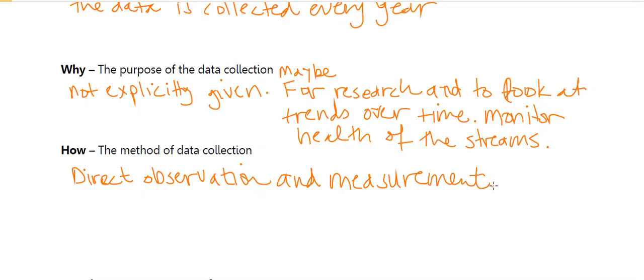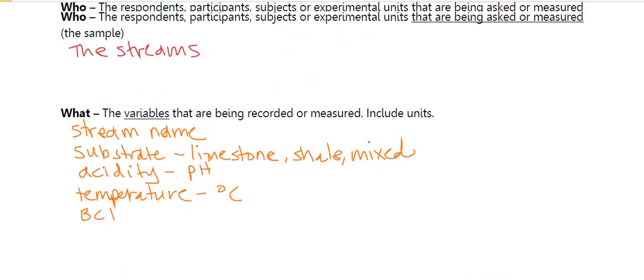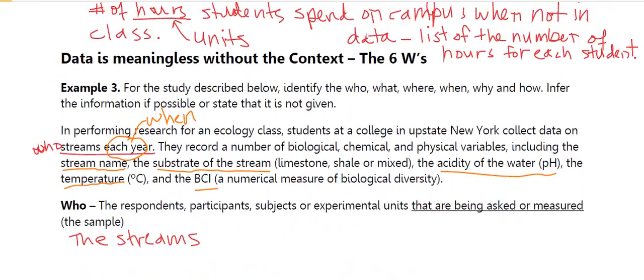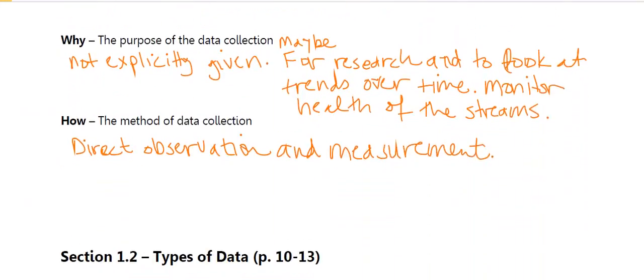All right, in some cases it might be a survey, if we were getting information from people. Great, so that is one example, and you'll have more in your homework that you can try. One example of reading all about the context in a situation. Very important to actually know what you can do with this data based on what it represents. Okay, let's move on